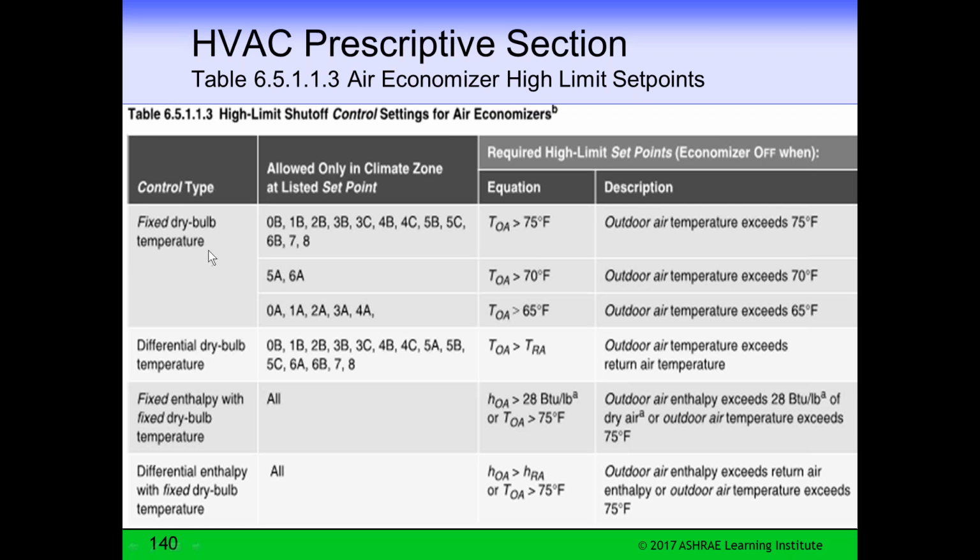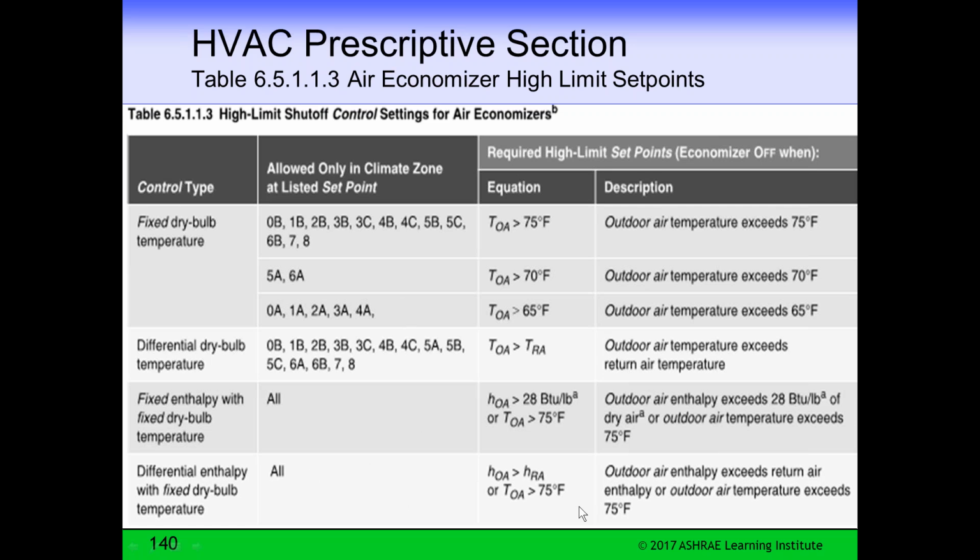But if we did, you just wouldn't use the fixed dry bulb temperature requirement if you thought you were in that situation. You would use a differential dry bulb, so it would say that the outside air temperature is greater than the temperature of return air, and that would work for you. You can use the fixed enthalpy. You can use those at any climate zone. The fixed dry bulb temperature has a few climate zones where it's not allowed, because if you laid it out on a psych chart, you'd see that sometimes, because of humidity, you're not getting the most efficient system.